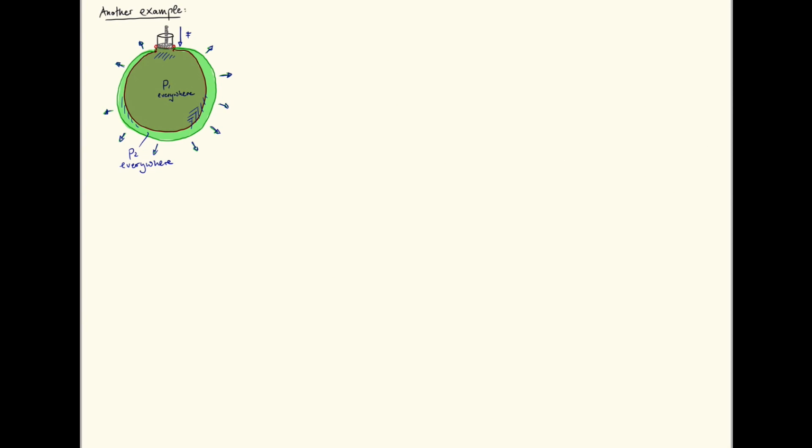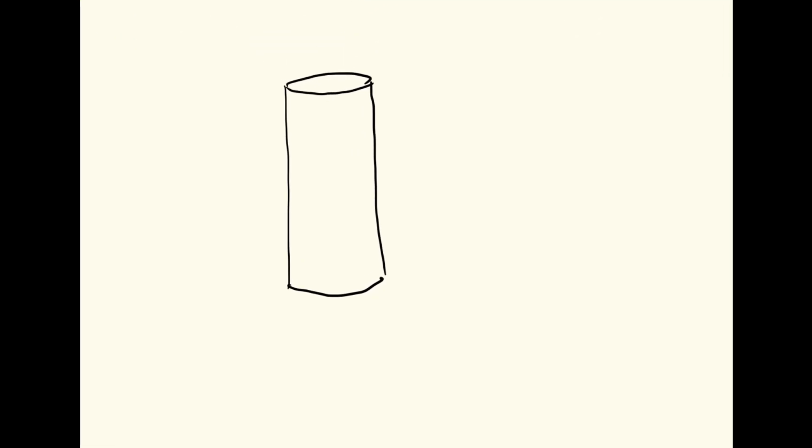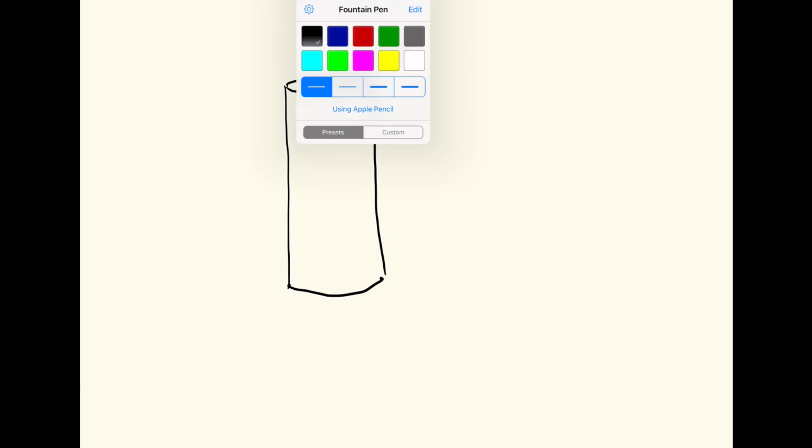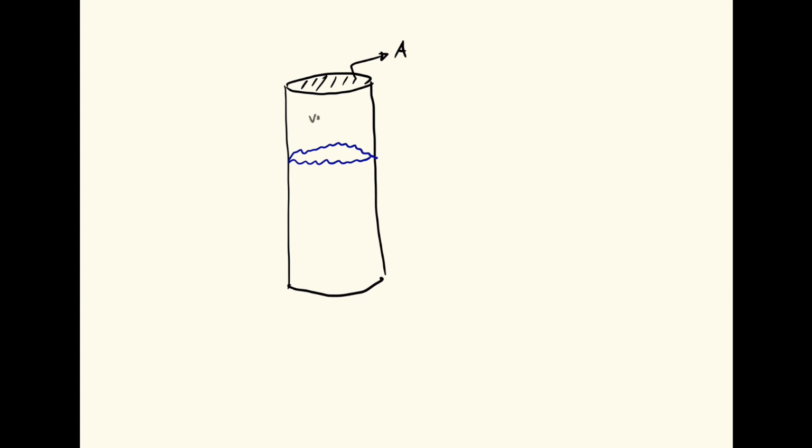Now let's consider what this means for the pressure of a fluid where gravity does act. So let's consider pressure at a depth in a fluid. For example, you have some container with a cross-section A, and it is partially filled with some fluid. The rest is vacuum, and gravity is acting downward. And let's consider some given depth here that is at a distance h from the surface of the liquid, and